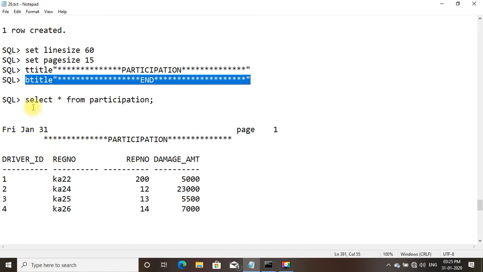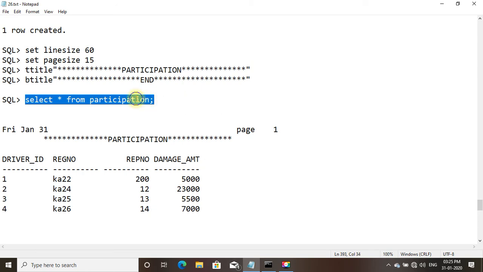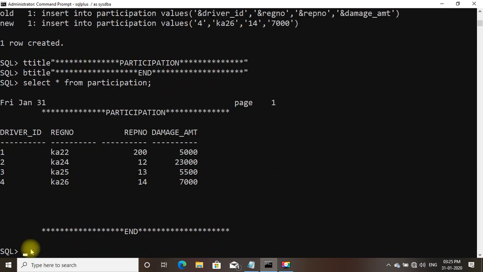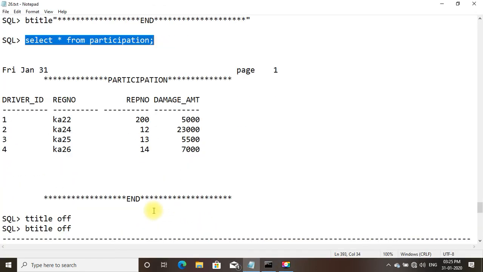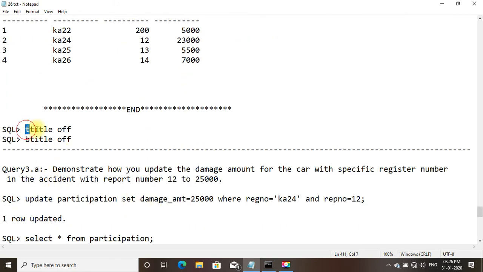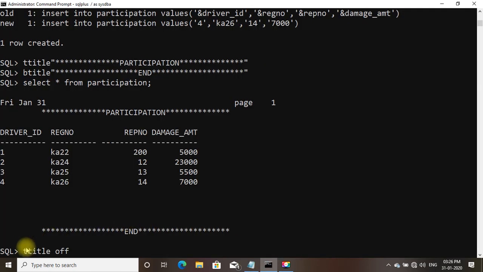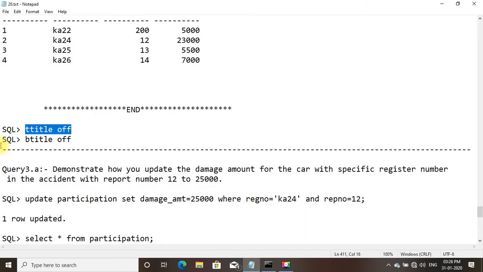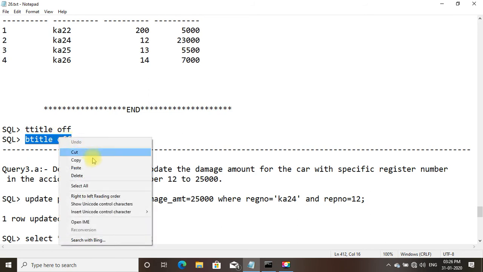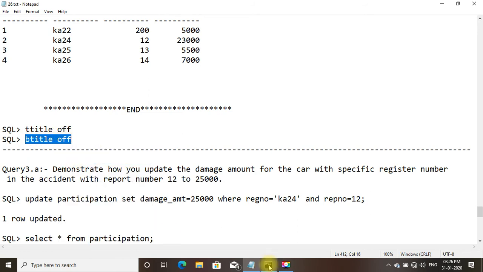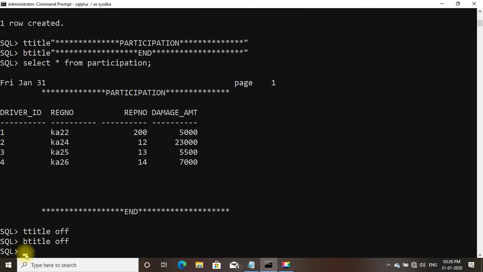Now if you do select star from participation, we'll get these records 1, 2, 3, 4, registration number, report number and damage amount. Now we shall put T title off and B title off. B title, that is bottom title. T title is top title.